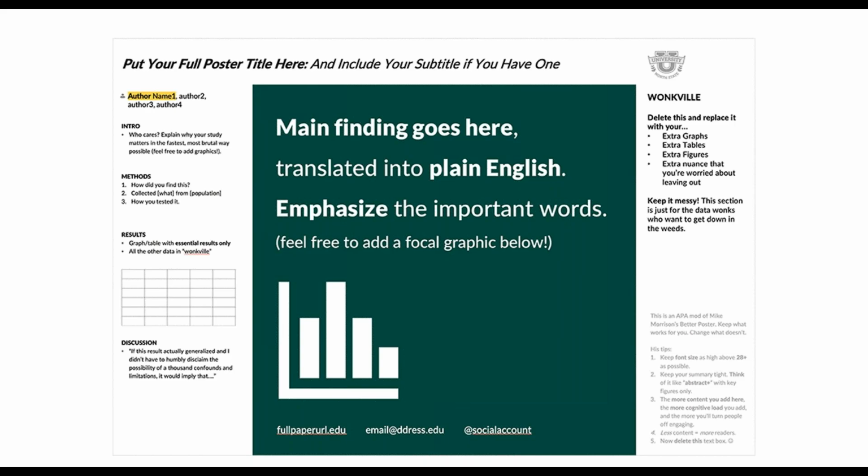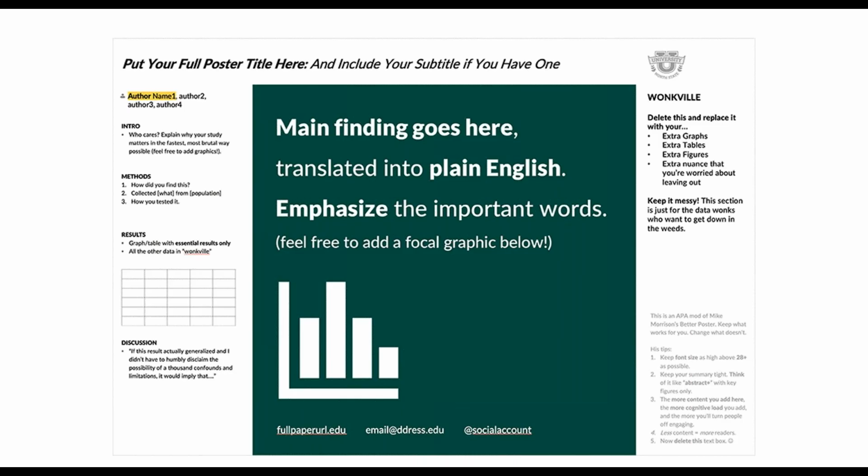The APA, the American Psychological Association, has adopted using the better poster format. They revised it slightly in their template, and you can see that they actually cut the QR code. But what they did is this dark green can be used to organize the conference by color. So it's very common that you'll enter a conference and they will have different topics of posters. For an example, I've gone to a conference before where there was a row of posters focused on the topic of aging and health. Then there was a row focused on oral health. Then there was a row focused on maternal health. And you sort of picked based off of the signs that were high up above the poster sections.